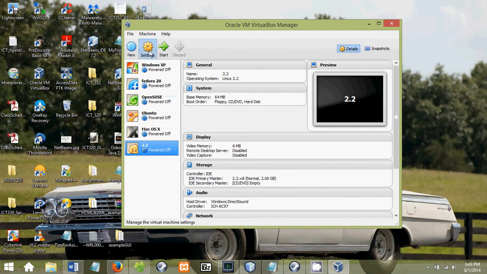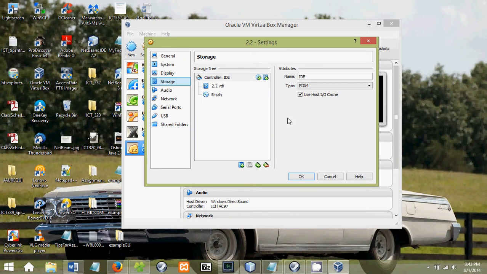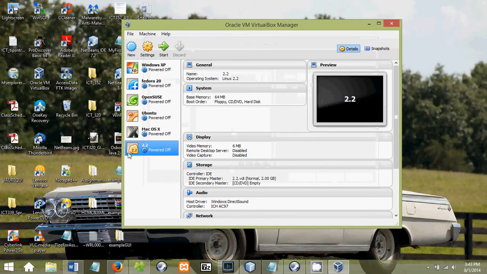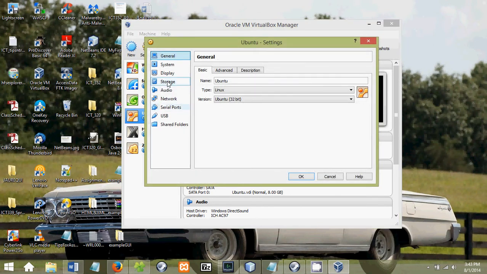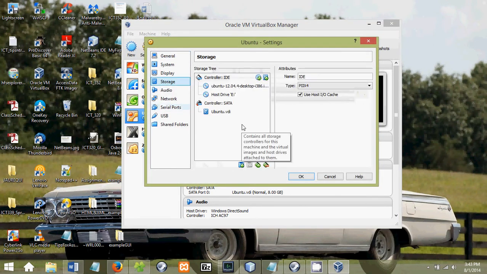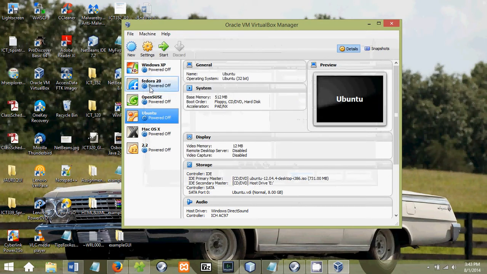You can go to settings, and here's where you start to set it up. Typically storage if you have an ISO image, but I'm going to cancel that and we're going to do the Ubuntu here. So got it highlighted. Going to settings, going to storage, and I already have my USB drive in there, so I got an ISO image set up already. Good deal. We're going to say OK, and we're going to start